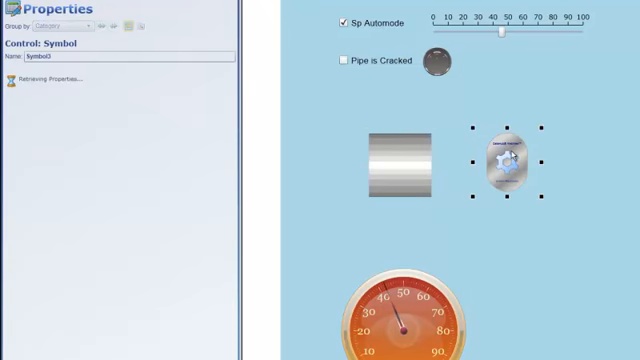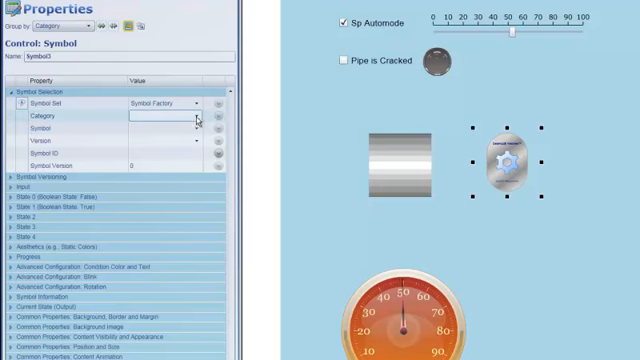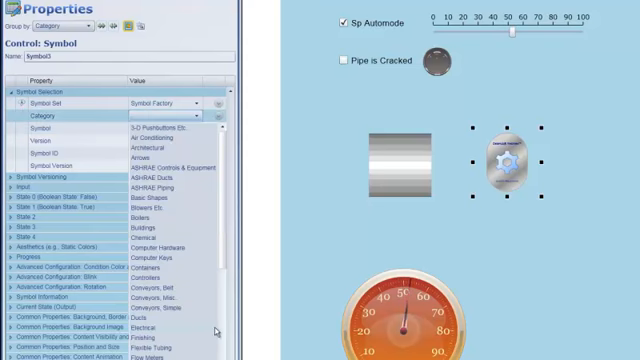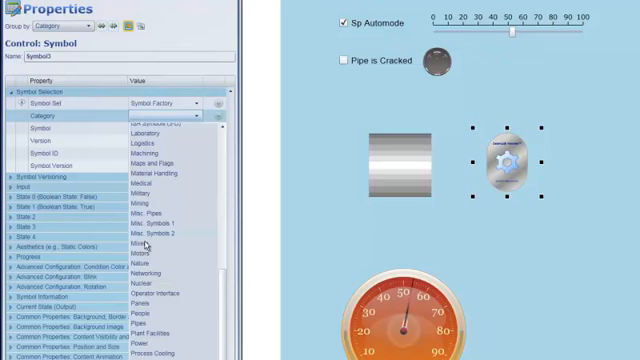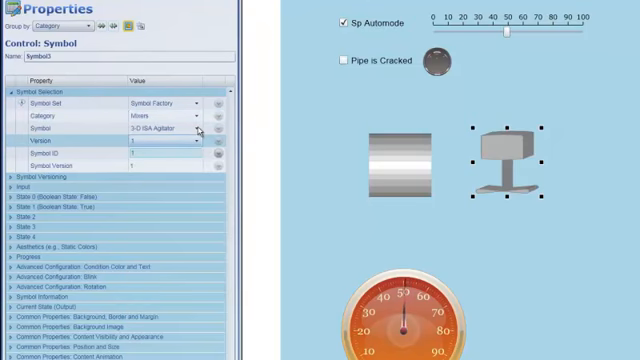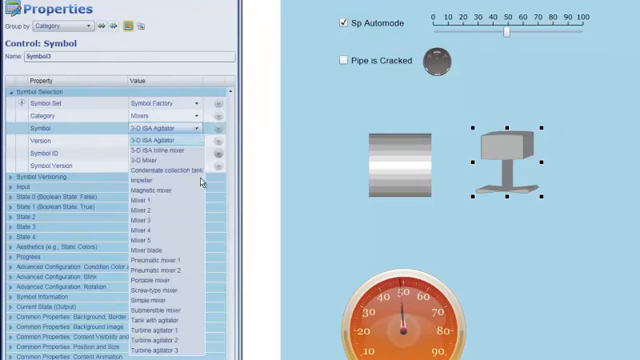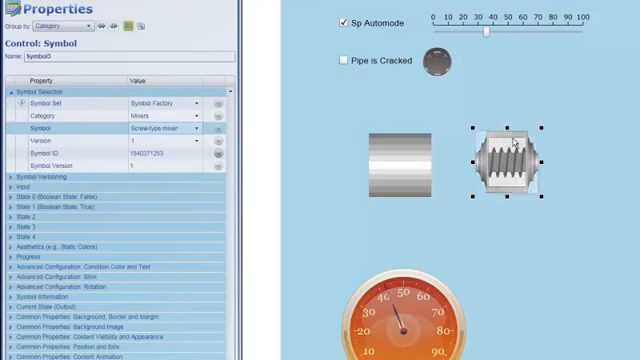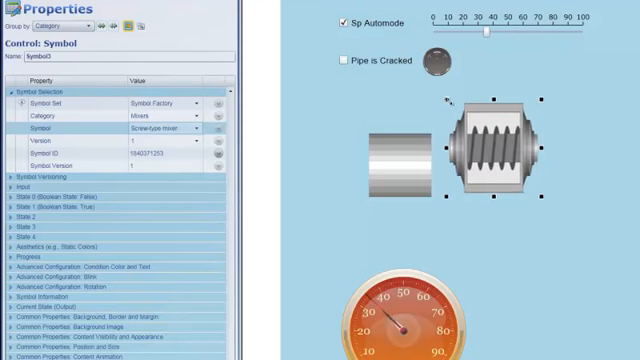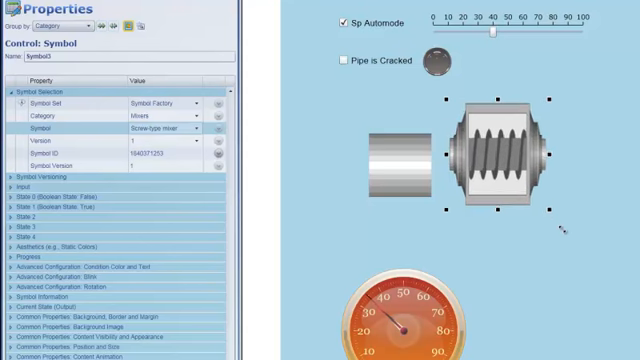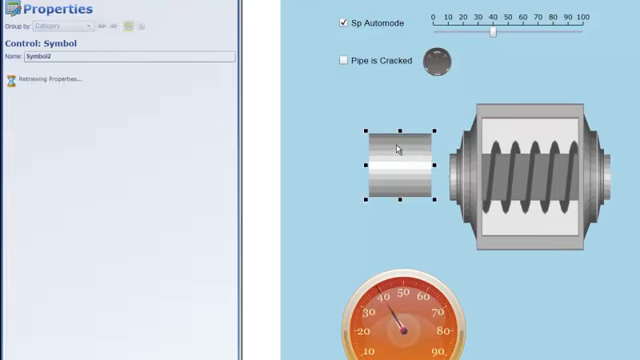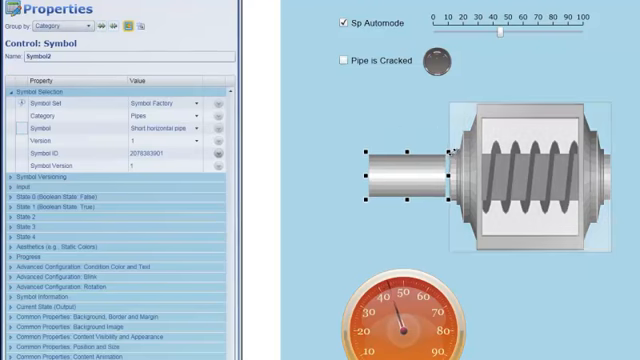And this other symbol, this third one here, is going to use a symbol from the mixers category. And I'm going to specifically choose a screw type mixer, and I'm going to make that symbol much bigger, and I'm going to set this short horizontal pipe up so that it looks as if it's basically feeding this screw type mixer. So let me just join those guys up together,